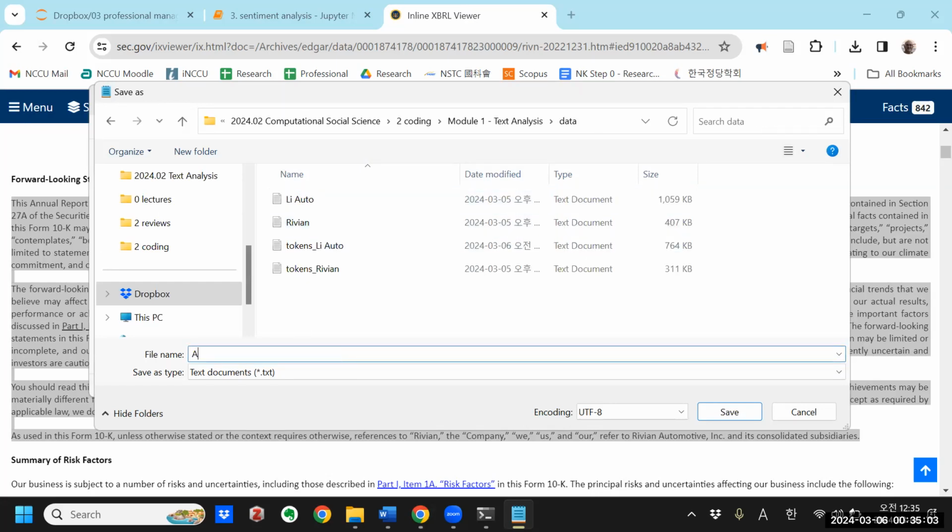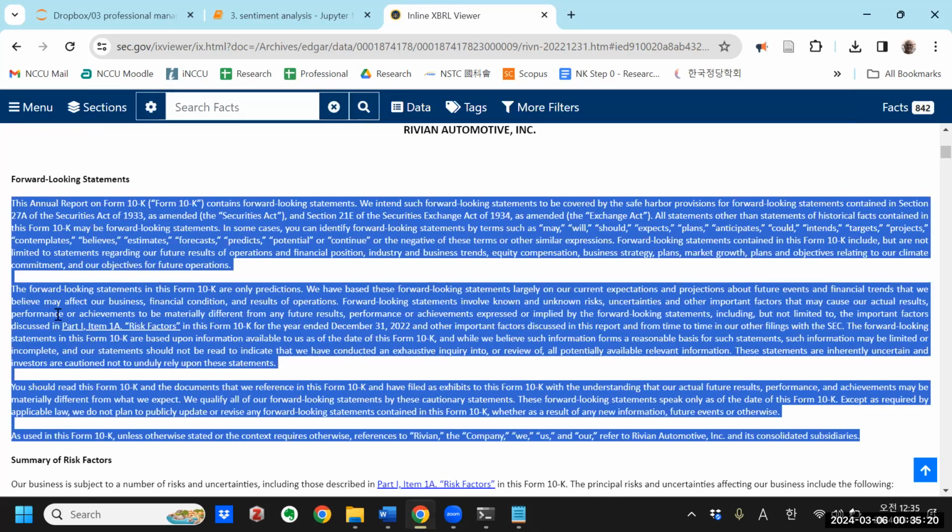I'm going to save it as Rivian forward, and then save it as a txt. And I'm going to create one more